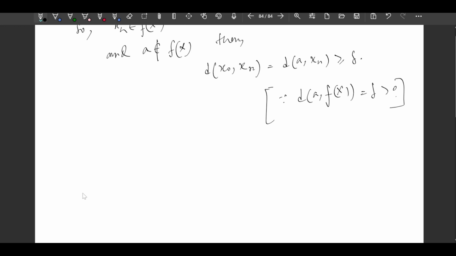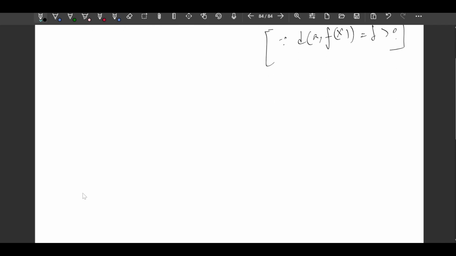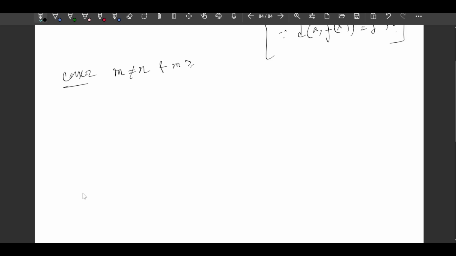ये तो greater equal to delta भी हम लिख सकते हैं, और equal to delta लिखने से भी कोई प्रॉब्लम नहीं होता। सेम ही था दो चीज। ओके, तो ये वाला केस डन हो गया। इस केस के लिए हमें पता चल गया। Now case 2, that is m not equal to n and m is greater equal to 1, n is greater equal to 1, right? और without loss of generality हम मान लेते हैं कि small m is strictly less than small n. Okay, now what we did,